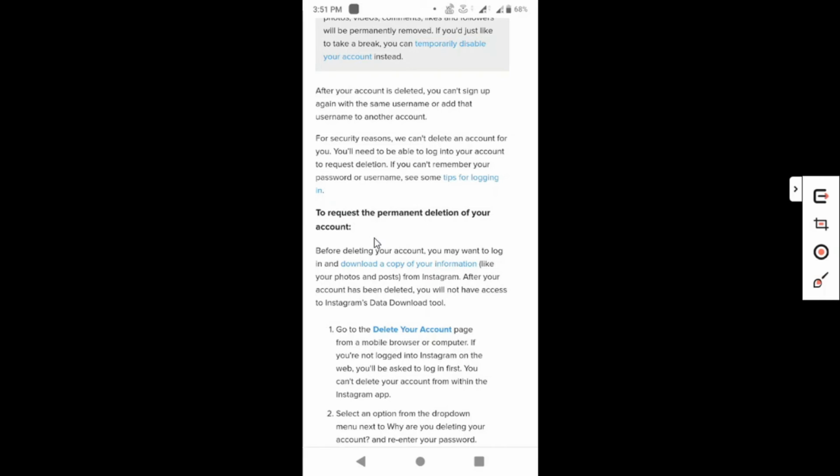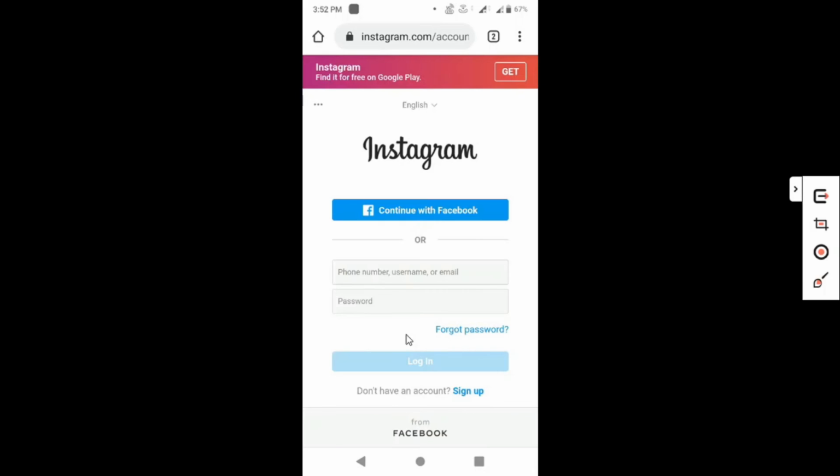Permanent deletion of your account is a request. In this you can see go to the delete your account page, but we don't know where the page is present, so it has highlighted this. This is the link. It will directly take you to that page, the delete your account page. I am just clicking this hyperlink. It will take you to a page where you can delete the account, but